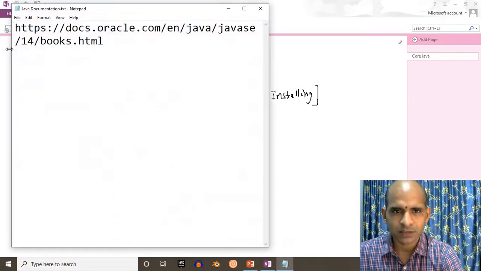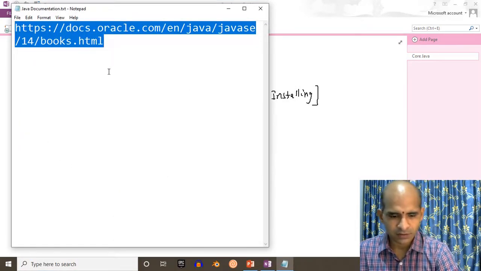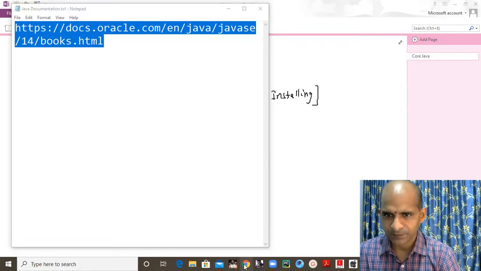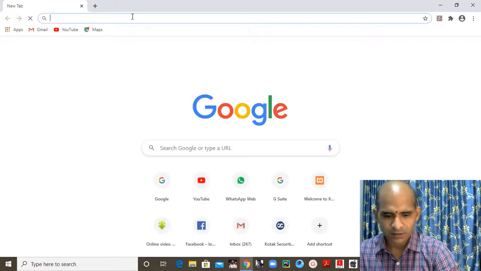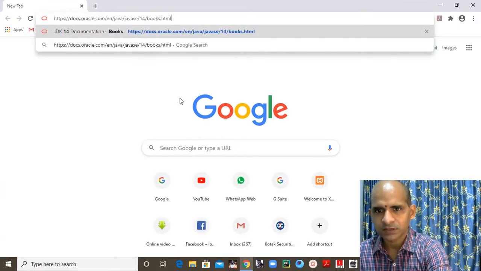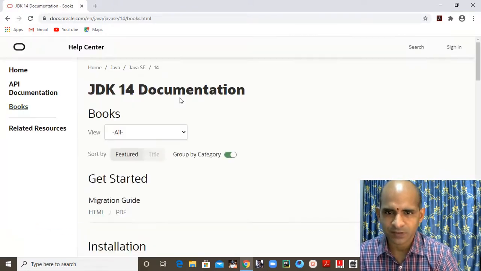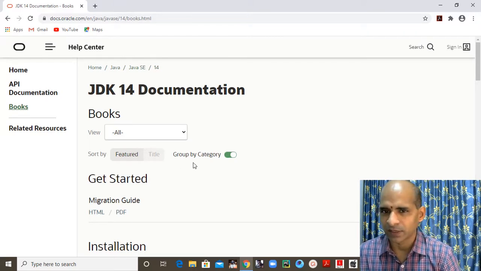Open this, copy this, open your browser, paste it there, and you will get the same documentation whenever you need. This is the reason why you have to save the address of your documentation in a notepad file.